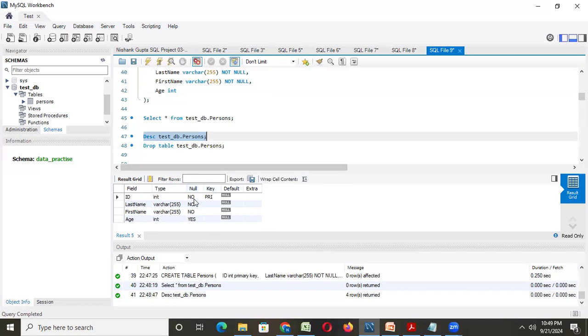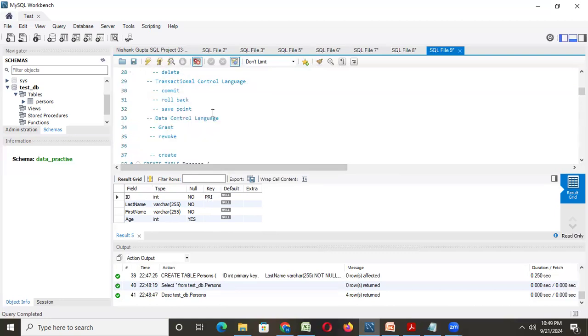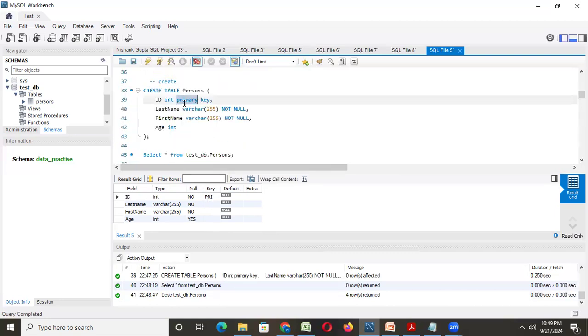And see, for all the first three columns, ID, last name, first name, not null constraint, you cannot enter null values, but in the last age column we can enter the null values. It shows like that. As we already know, in this particular statement we have written primary key for ID, so that's what it is showing, primary key for ID. Yeah. So all this information is available in the describe